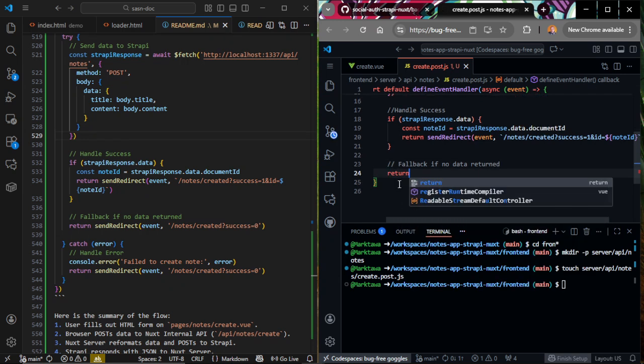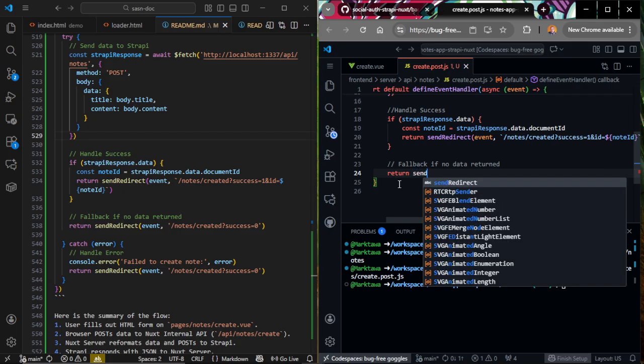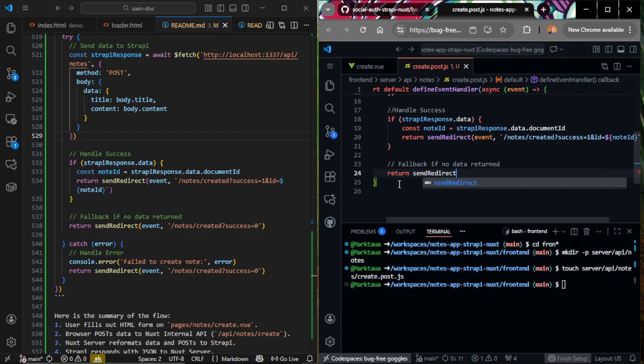We return a send redirect event and say /notes/created, success equal to 0, meaning we failed to create a note, nothing was returned, so it'll show in the confirmation page, it'll show the error